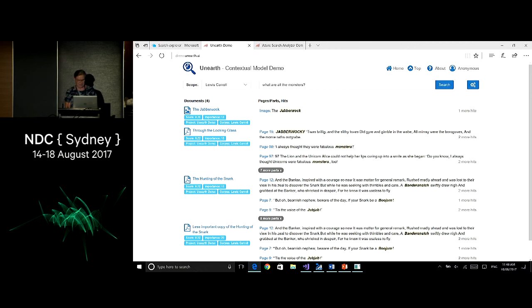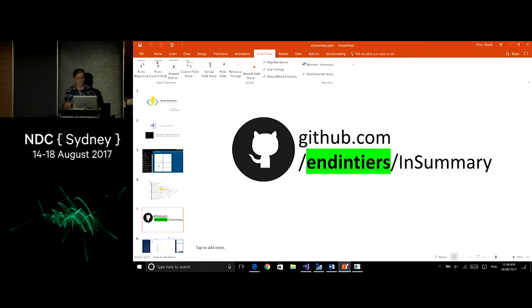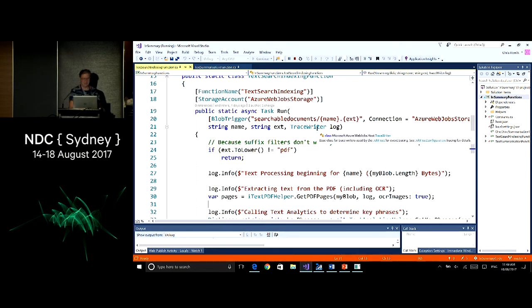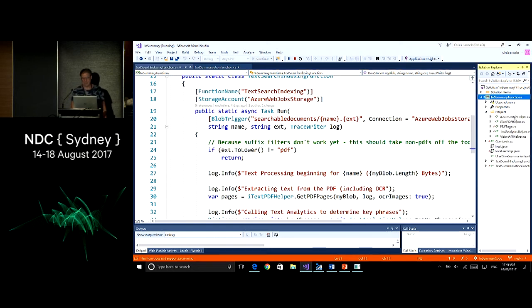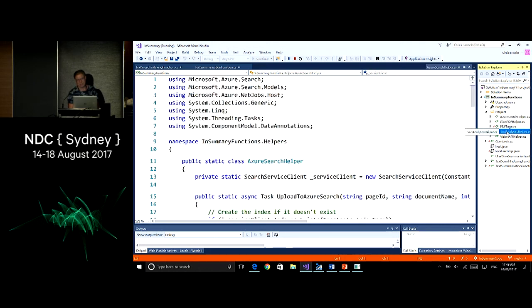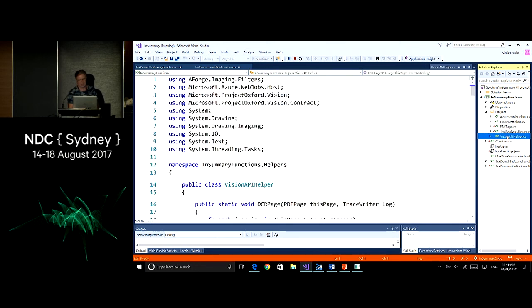And again, I won't bother to project that. This code, you can find it on GitHub under tiers in summary. Why would you want to? Well, maybe not for this stuff, because this stuff you can just generate, right? I'm just showing you things that you can generate. What's interesting maybe is the code that's sitting in there that does interesting things with PDF files, with Azure Search, with text analytics, and with the Vision API. Okay, and by the way, we're not doing